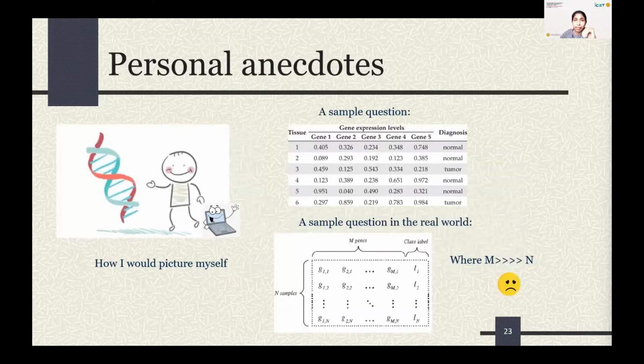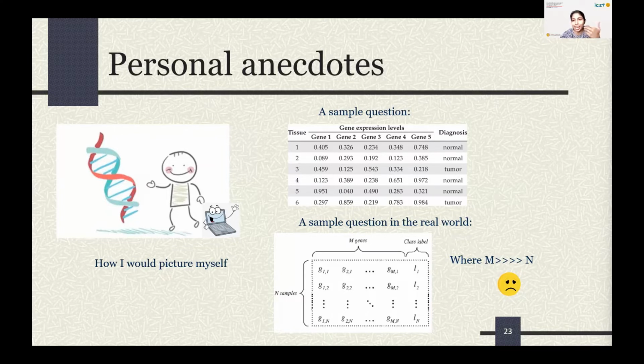But in the real world, DNA sequencing is a very expensive process. Therefore, we don't have the luxury of scanning a large number of samples from a large number of patients. So what we end up with is a small number of samples and a large number of features,